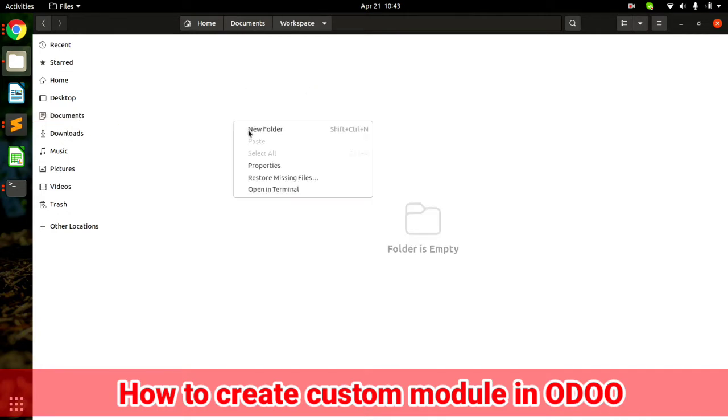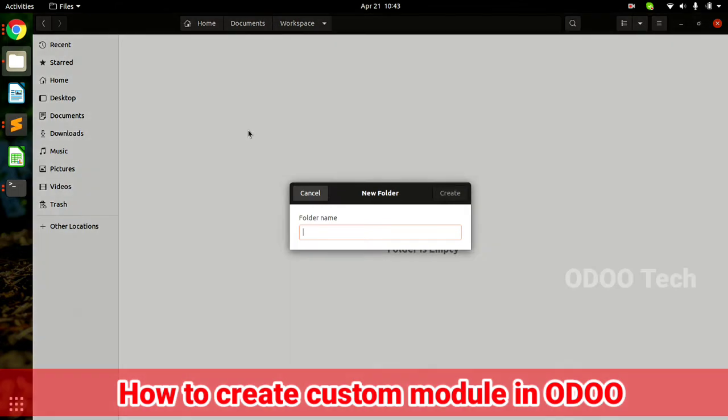Okay, so let's start with our very first module. I'm going to create library_management.